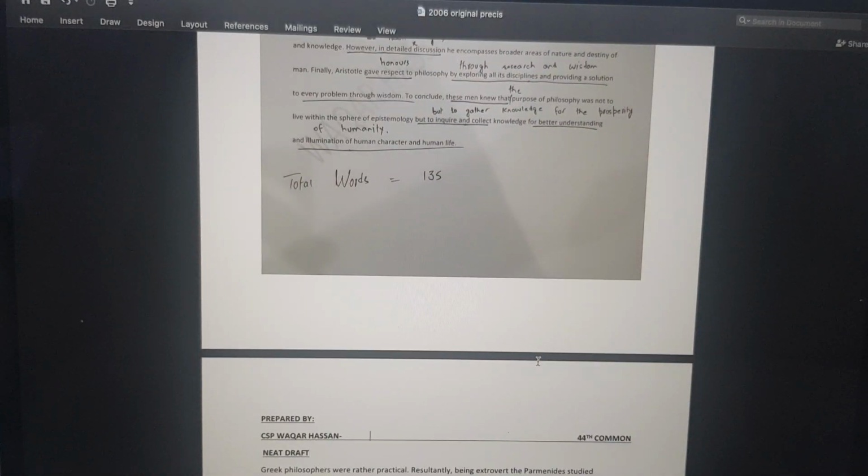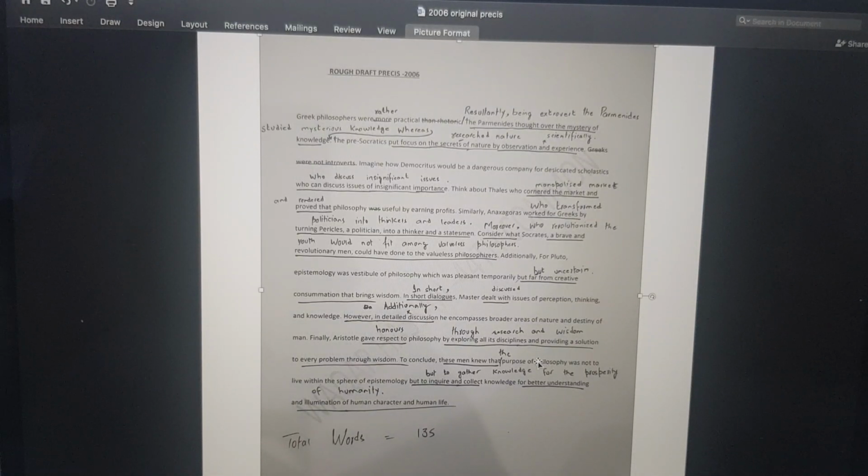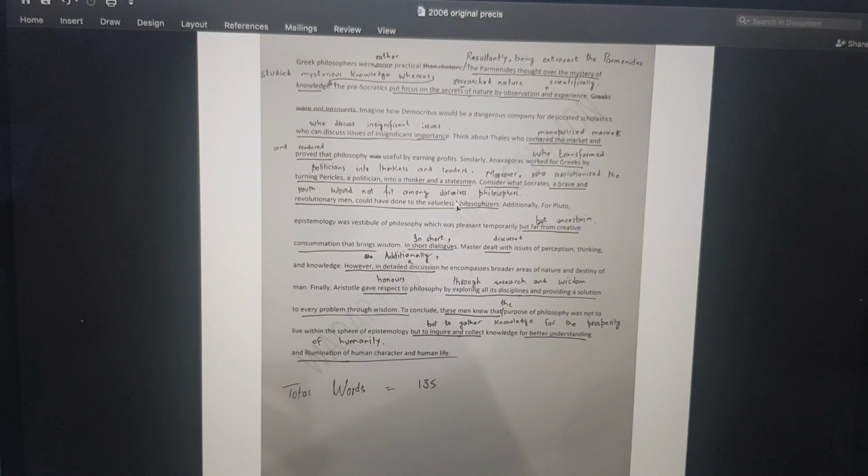After writing points for the précis, you have to write a rough draft. The purpose of the rough draft is that you can work on it. You have to write a rough draft, a single paragraph, and you have to work on it in order to bring the length within the required limit, in order to improve connectivity, in order to replace the vocabulary of the author. And remember, you do not exist in précis. You do not have to write anything from your side. You have to write it according to the ideas given by the author.